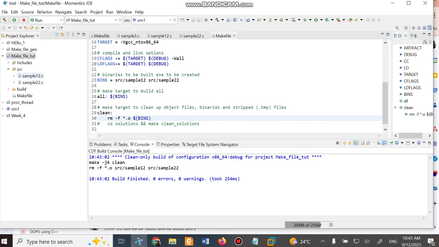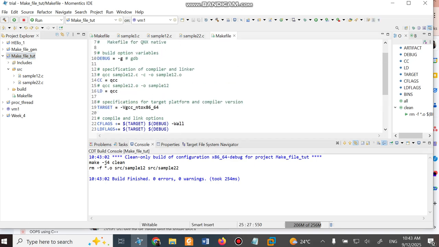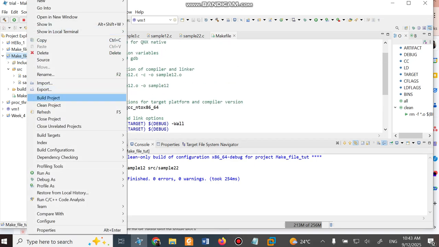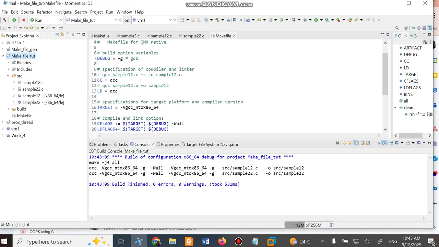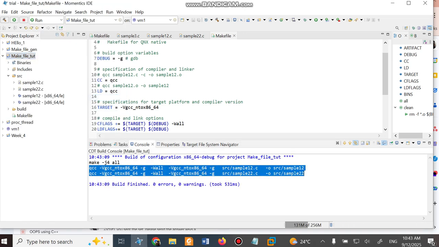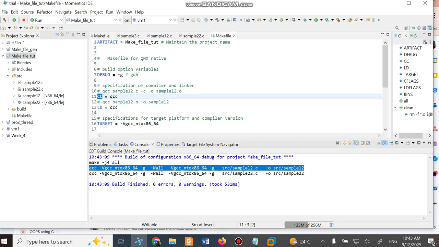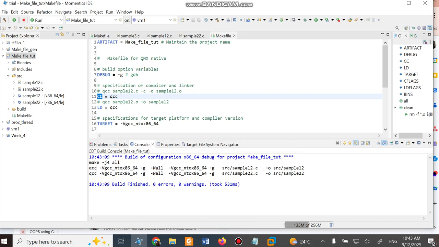So if I run the build project, you can see that the command is executed. What does this command say? QCC is the compiler that we have specified here, and the architecture we are using is x86 for QNX Neutrino with the cross compiler GCC. Why a cross compiler?